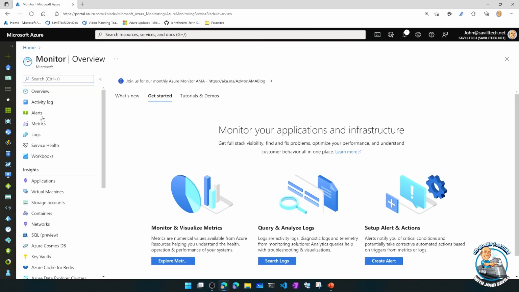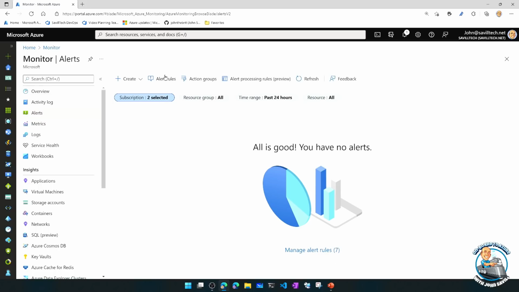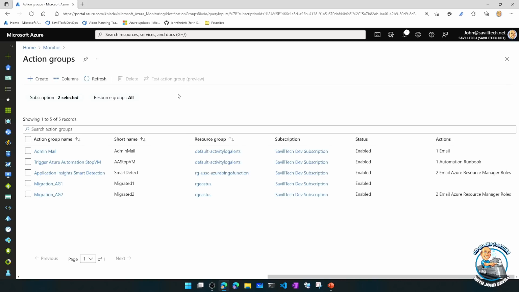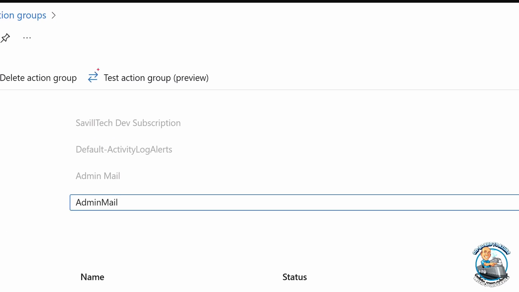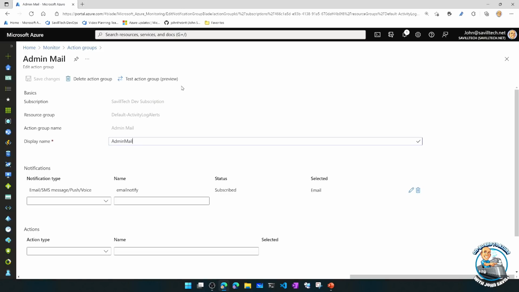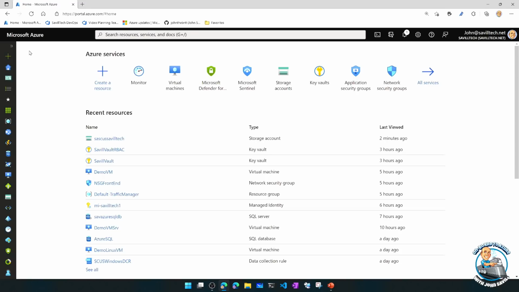So if we go down to Monitor, look at alerts, obviously I have my alert rules that are triggered off of some metric or log or something else. I have alert processing rules that fire on some scope based on alerts. But we have the action groups, which are the things we actually want to do. Well, now what we can do is test the action group. So if I'm maybe hooking into some API, calling a webhook, or emailing people, I can go ahead and actually test them, which is a nice thing to get some validation and troubleshoot if necessary, to make sure things are behaving as I actually plan.